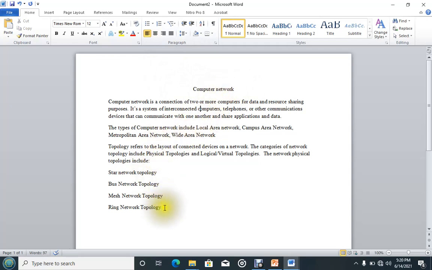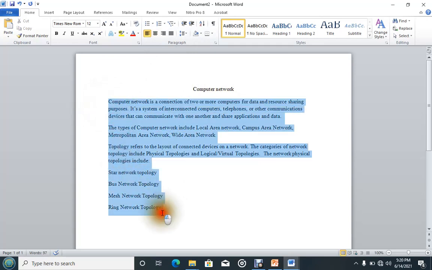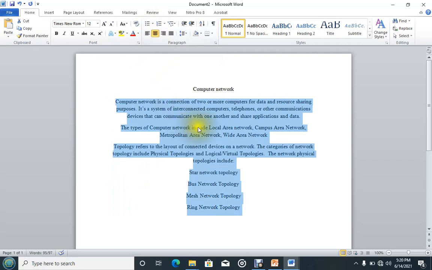In case you wanted to center the whole document, meaning that you are supposed to first select all the text, then you move your cursor to the paragraph group under alignment. You now know where that option is for centering. Then you click once, and you will see how your text will be centered.